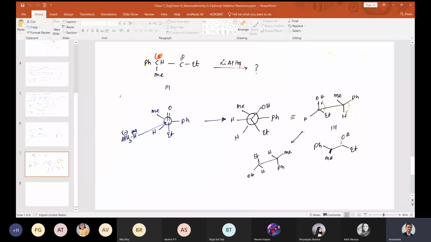Okay, yeah. So in this case, if you see this right compound, you can come up to here. Or let me just tell from the beginning. Like you have this compound, you are adding lithium aluminum hydride. The hydride is actually attacking. So the configuration that you draw is the Newman projection formula.